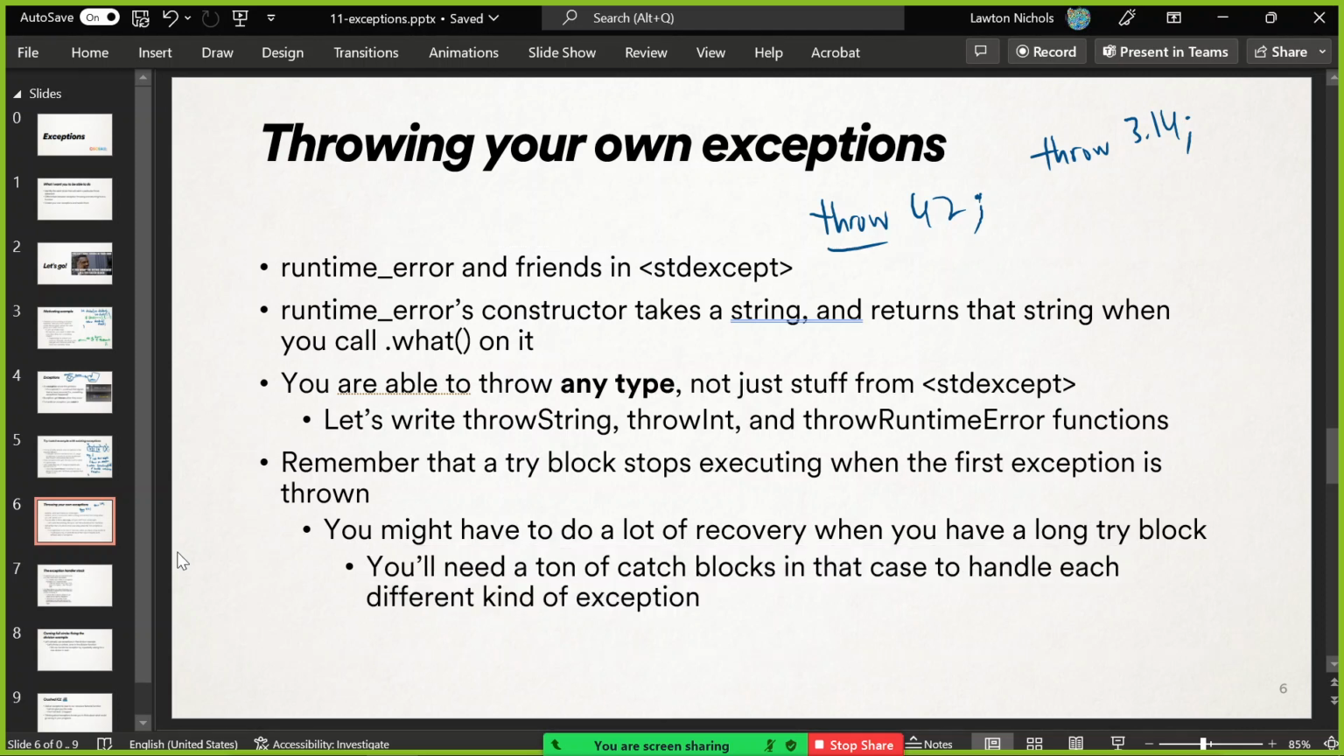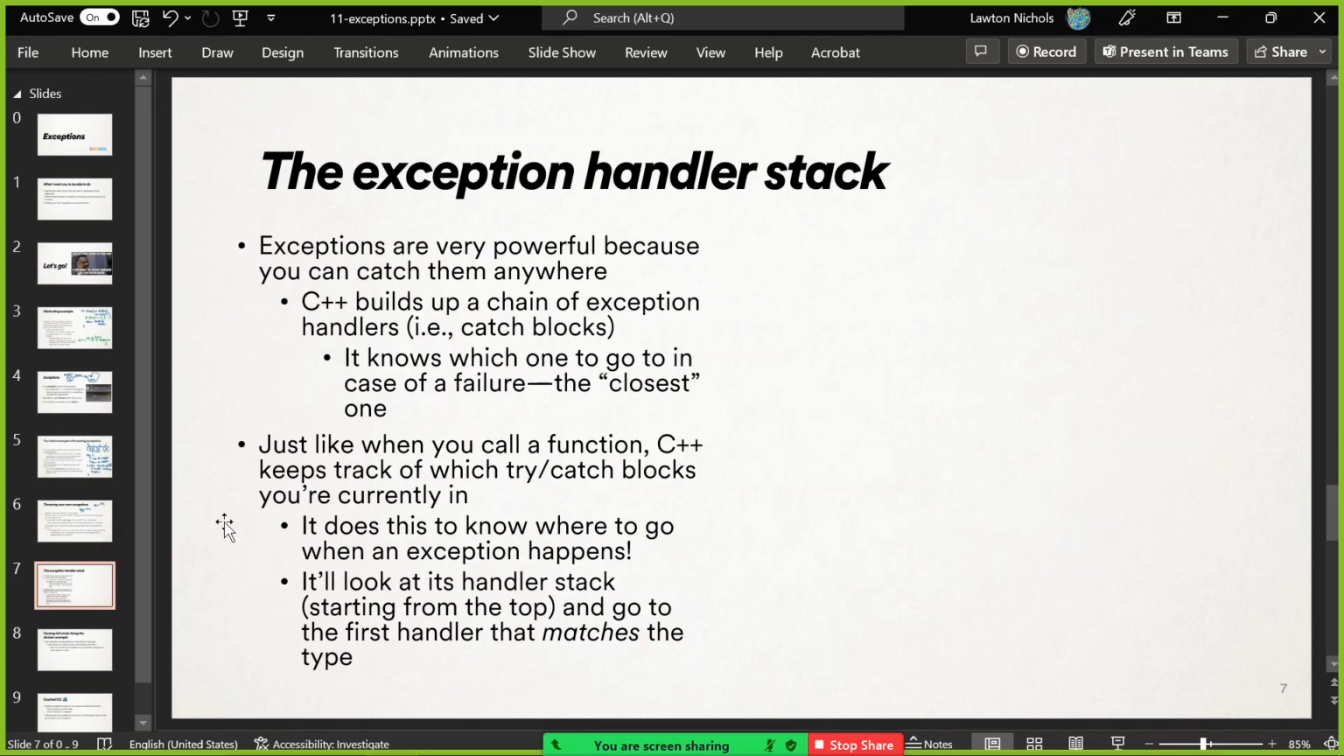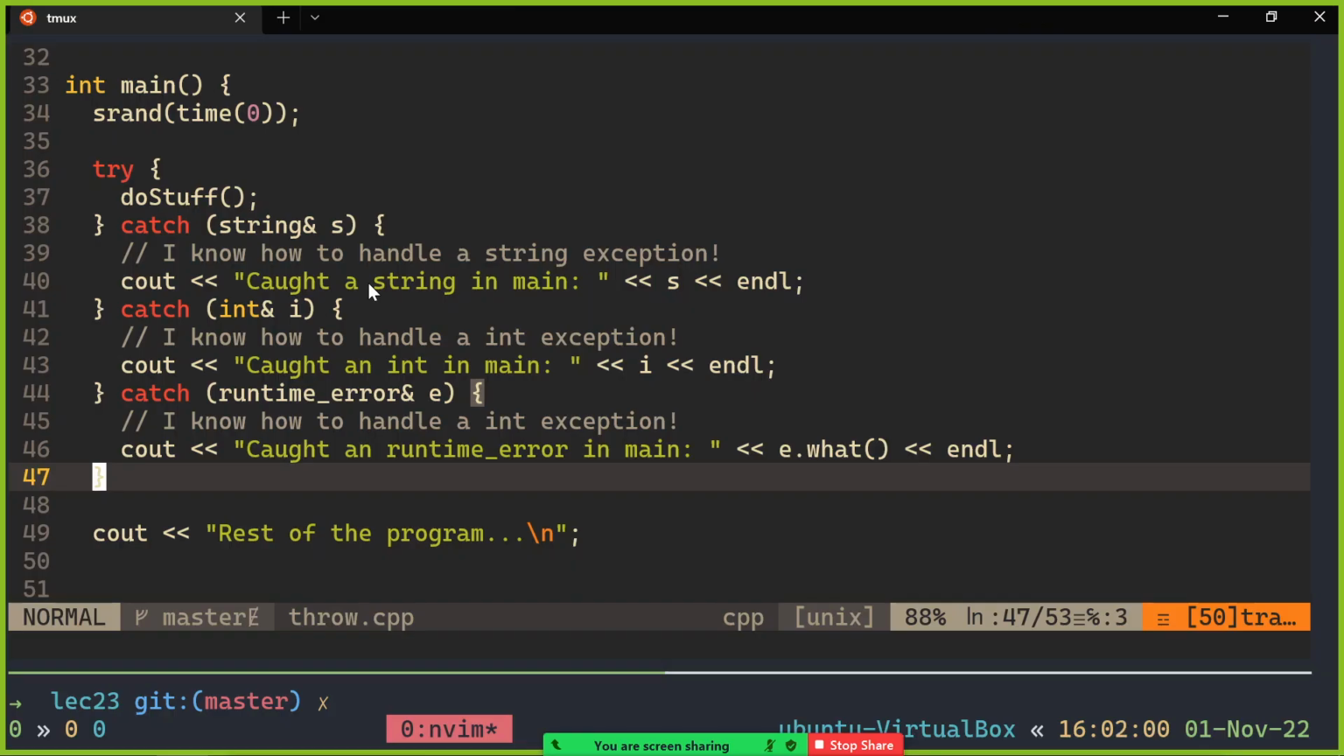Okay. So I think the next thing that I want to show you is that you can have multiple try catches. There's an idea of a stack of exception handlers, just like there's a stack of function calls. And C++ builds up that stack. It goes to the closest handler. All right, so let me show you that when an exception occurs. So let's say